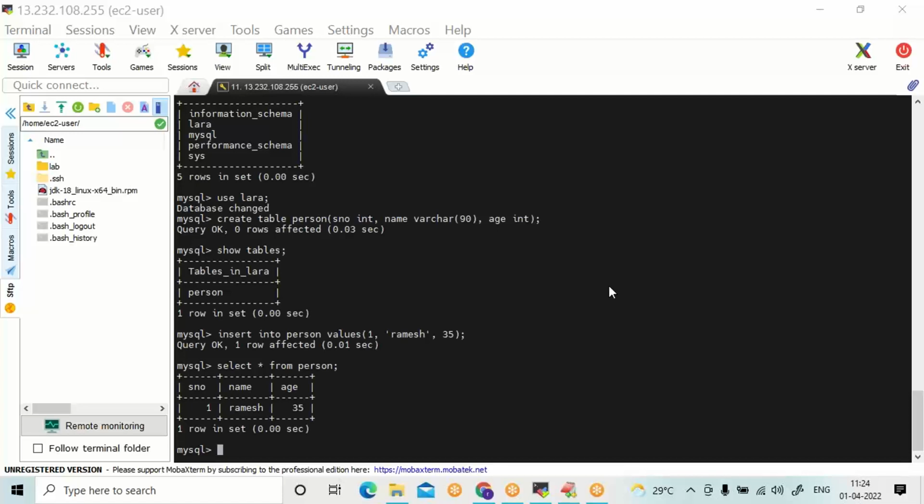Relevant softwares are ready. JDK and MySQL is ready. Now we can deploy the web application. If it is a Spring Boot based web application, you will be getting a Tomcat on its own.